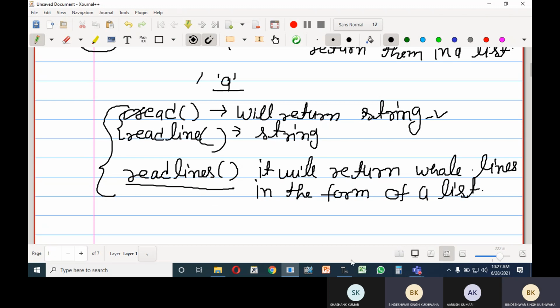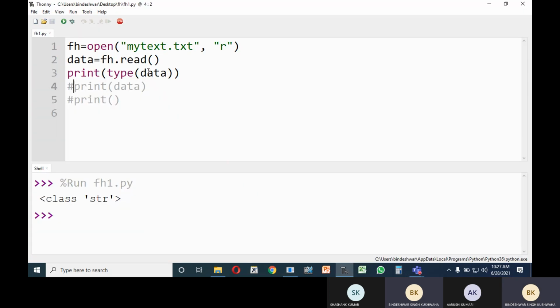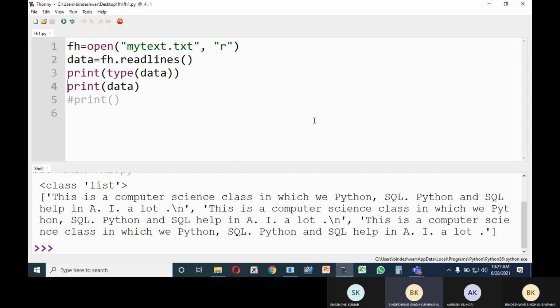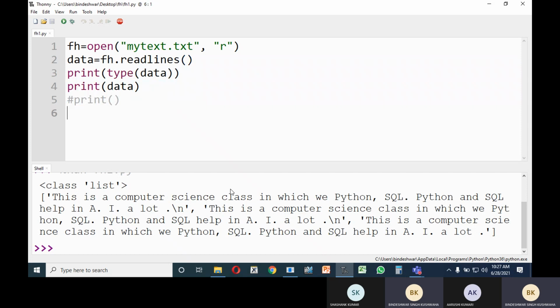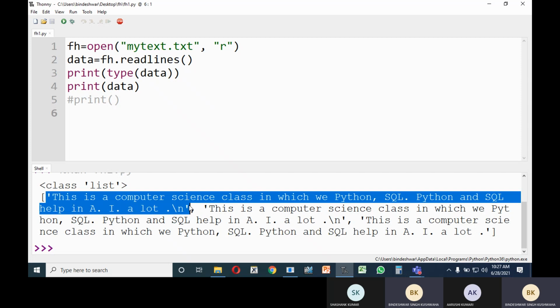One more thing I would like to say about readlines. Let us print that. See, we have I think three lines. Actually I missed: the first line is the first element of the list.